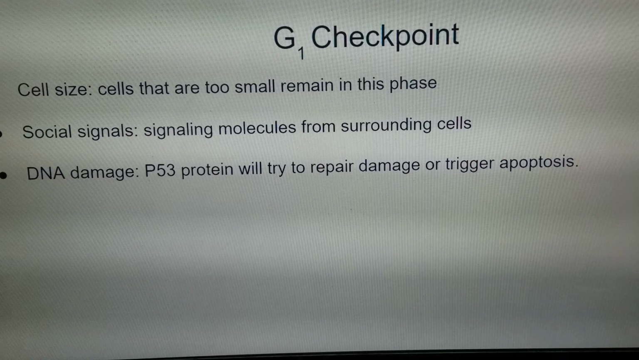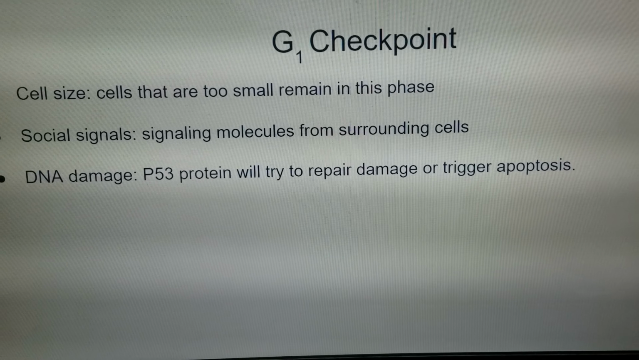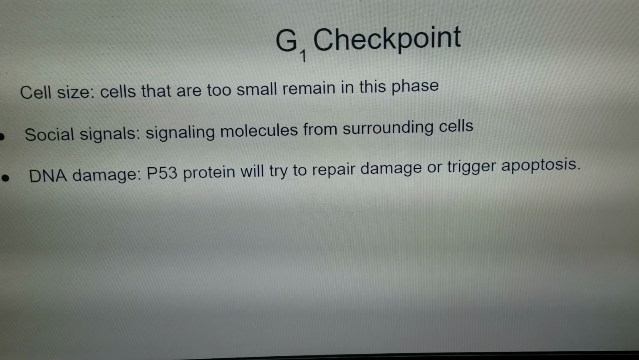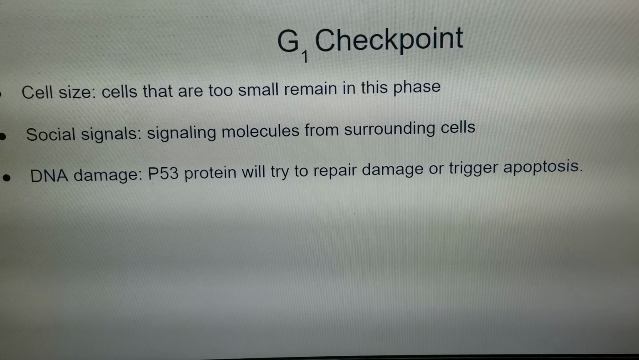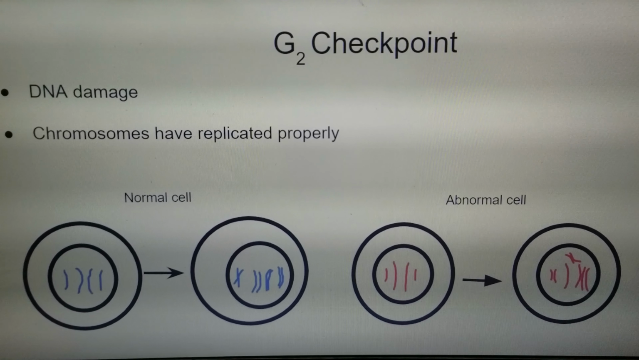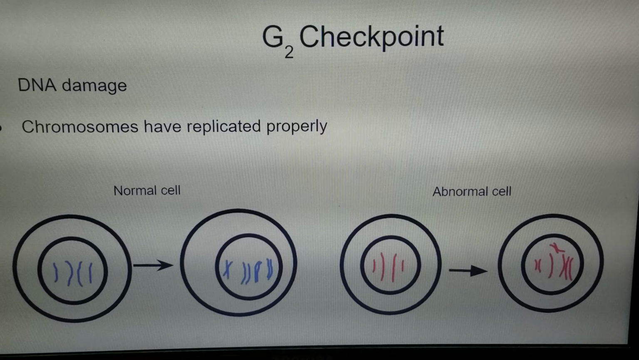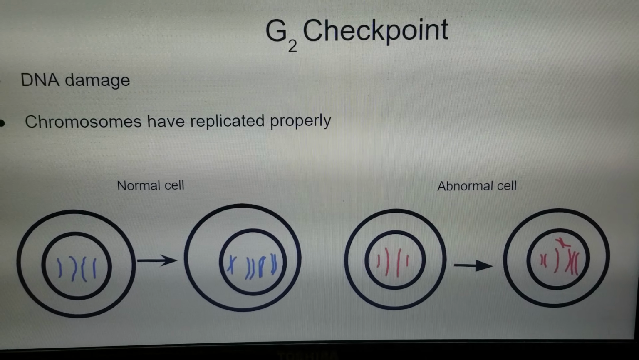Any cell that has one or more of these issues will remain in the phase if the checkpoint is functional. The second checkpoint is the G2 checkpoint. Again, it checks for DNA damage, and it also checks to see if the chromosomes have replicated properly during S